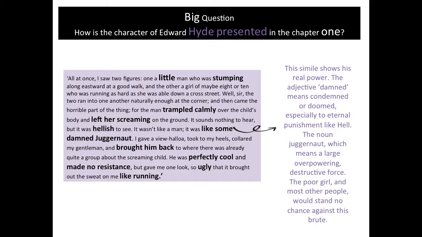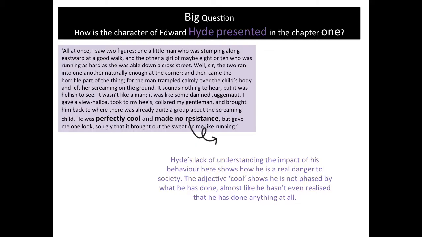Then we've got like some damned juggernaut. This has shown his real power. So the adjective damned means condemned or doomed, especially to eternal punishment, so almost as if he's got no chance, he's damned. And a juggernaut is a large, overpowering, destructive force, so pretty much society has no chance next to him. He was perfectly cool and made no resistance. Again, I think that backs up the part where he trampled calmly. He just is completely unaware of the impact he has on other people,